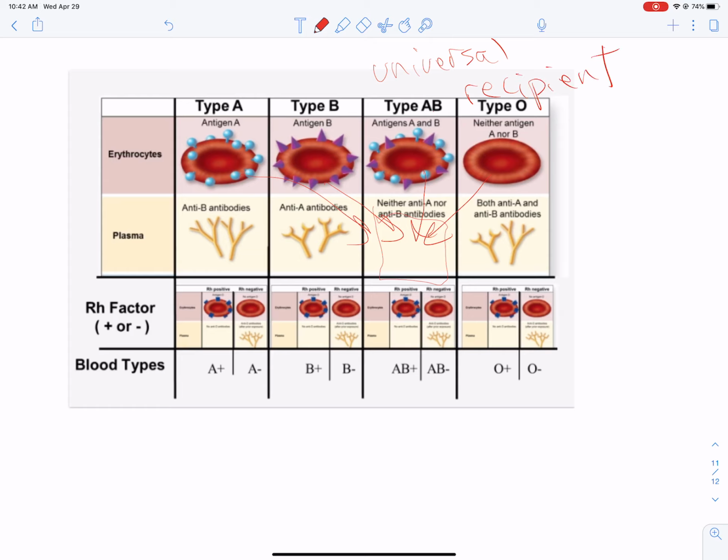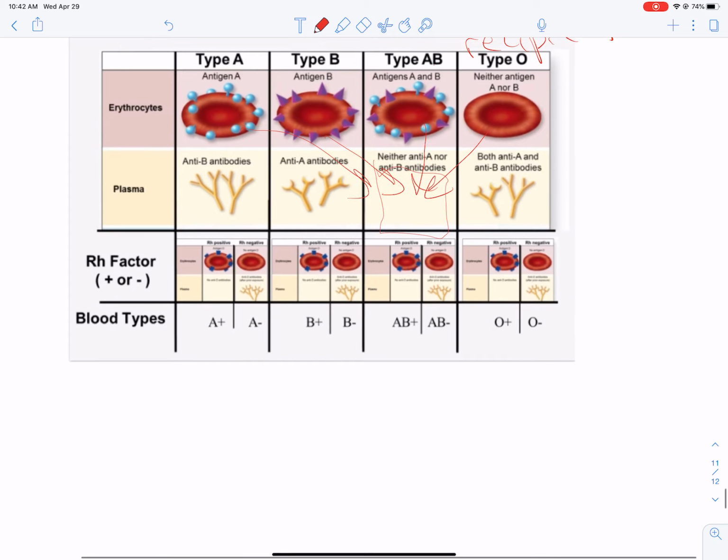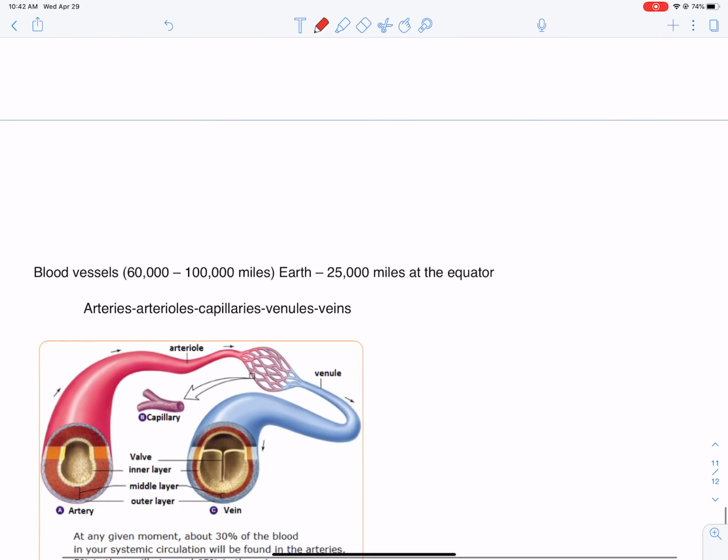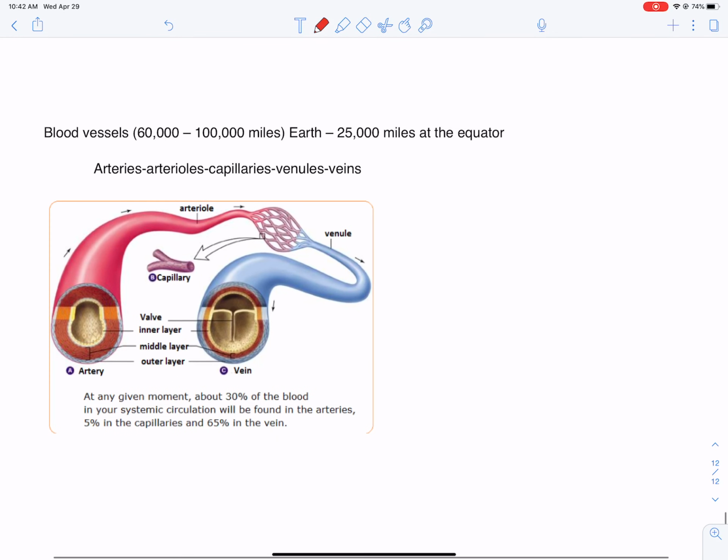So if you're type O, which I am, in theory, I can give to anybody. If you're type AB, you can get blood from anybody. Okay? That's our ABO system. When I take a look at the vascular system, I think something that's really kind of